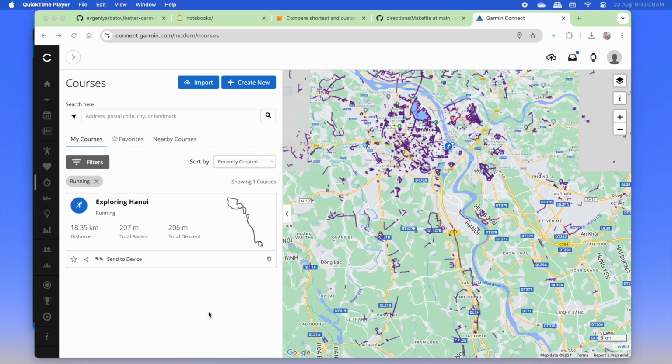Hi, today I want to tell you about a way I have figured out for creating your own customized GPX routes. One problem with GPX files is that whenever you have a GPX file, it usually doesn't start where you are. So I think there is a way to use open source tools to create your own custom route